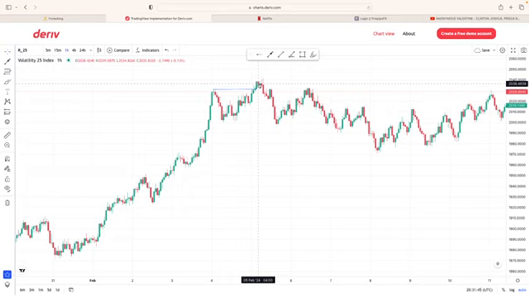Then an impulsive move away from the other block. You can see that this move, he moved away from the other block. There is an impulsive move away from the other block. Then the third thing we look out for is what? Another block